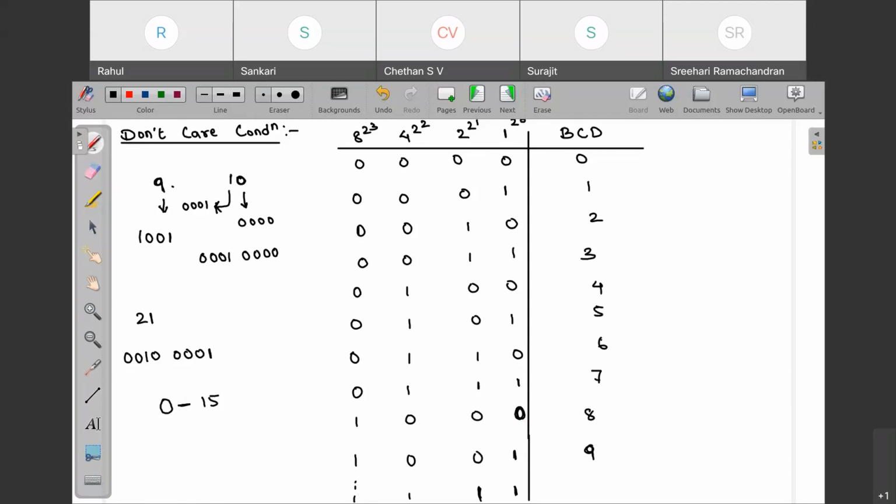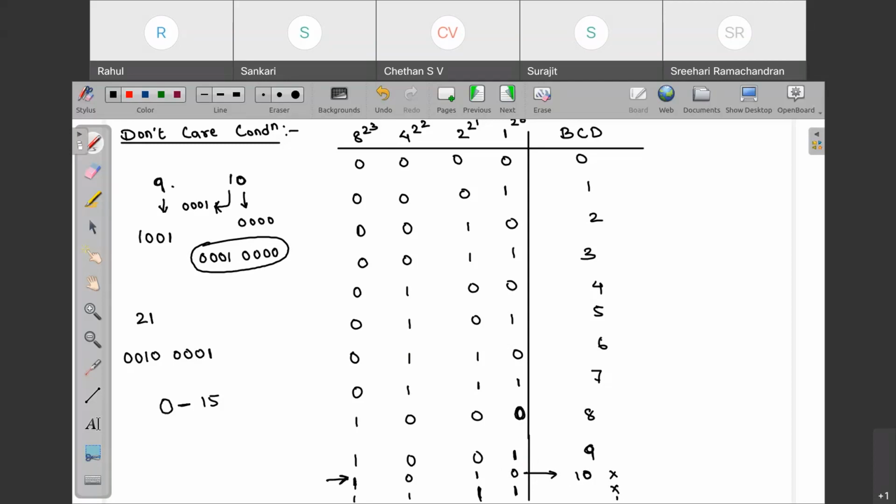This is 9, and next will be 10. Now if I write 10, this combination is invalid in BCD. Why? Because BCD 10 is written like this. This is your binary equivalent of 10, not the BCD equivalent of 10. So that means this condition from 10 to 15 is